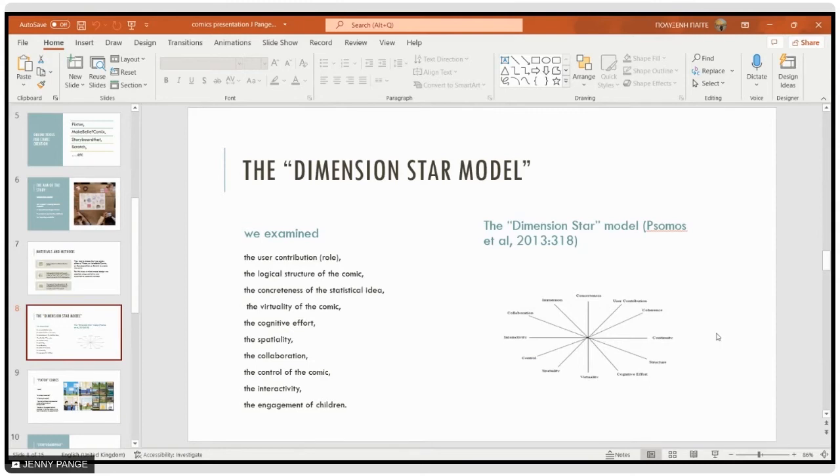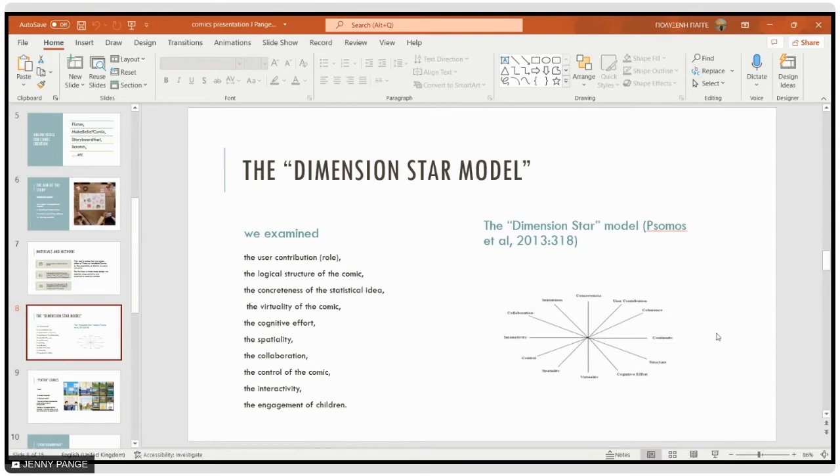Also, the spatiality, the motion of the objects as we see, the collaboration, if they had collaboration with other students, if they had collaboration with professors, or if they had collaboration with children. So these 10 students could collaborate with a number of other students, and they created some groups of learning.